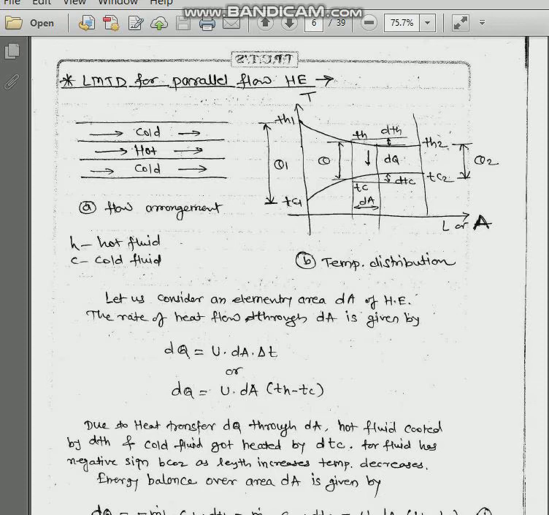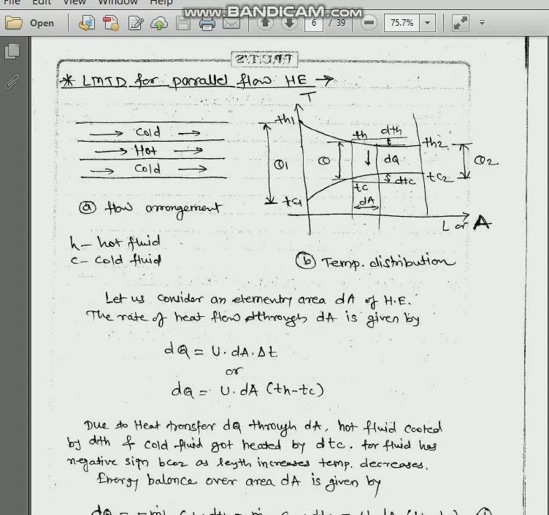And from the diagram you will observe both fluids are flowing in the same direction. So the word parallel flow heat exchanger is most suitable for this diagram. Now if you see this another diagram, you will find out this is the temperature versus length or area of concentric tube heat exchanger. The graph indicates temperature versus length or area.